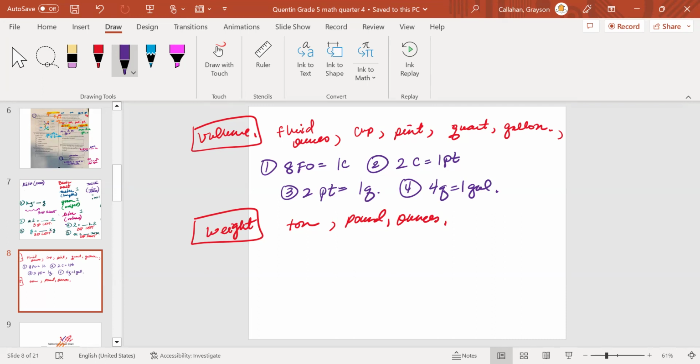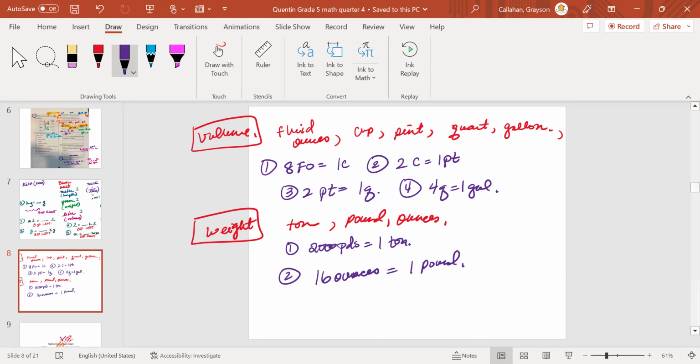I think that was the conversion. Then we did tons. Remember we said 2,000 pounds equals 1 ton, right? 16 ounces equals 1 pound. Okay, and that summarizes everything. All right, that concludes what we need to do. Go ahead and